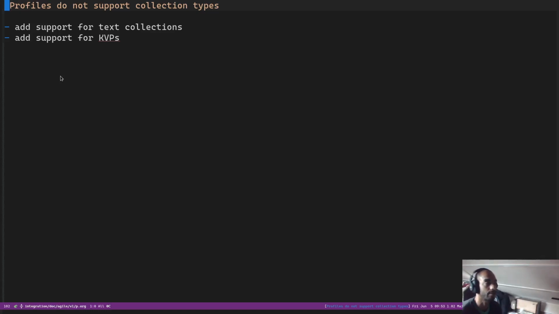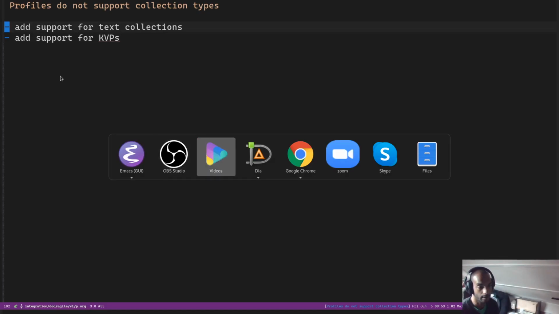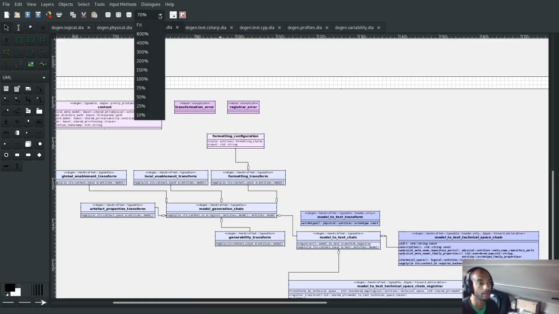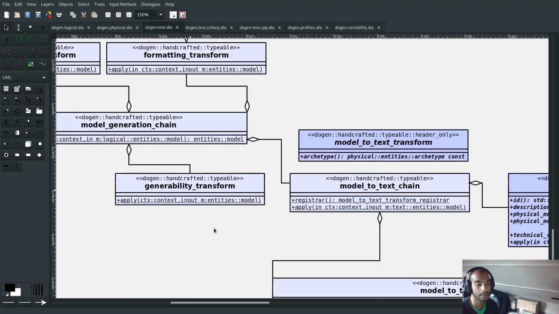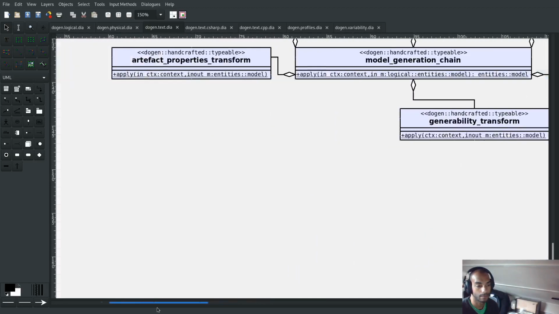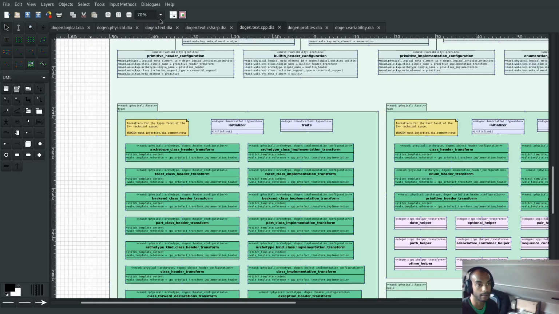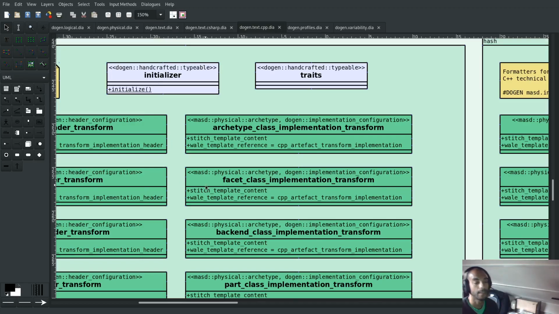So the first feature that we put in this sprint was profiles, the fix for profiles that didn't support collection types. That's really composed of two things: supporting text collections and supporting KVPs. So what we'll do is have a quick look at a model. Let's also increase the size of the font a little bit to make it more visible. Actually, this is not a good model, text LCPP would have been better. If you take the text model,